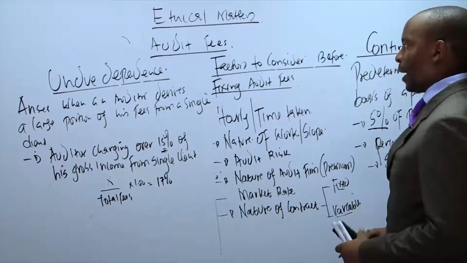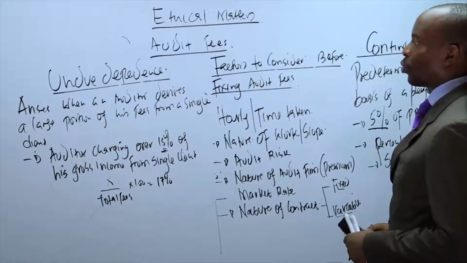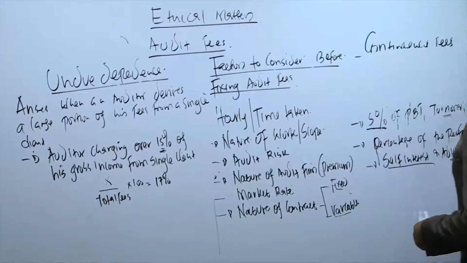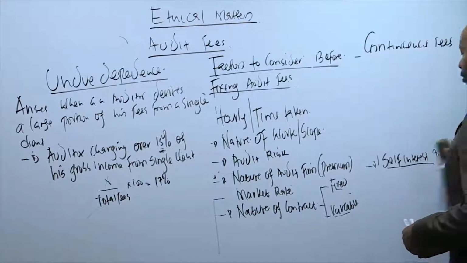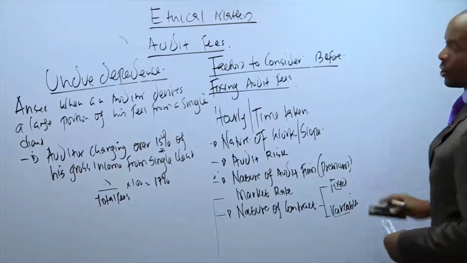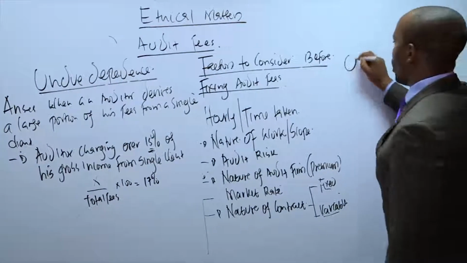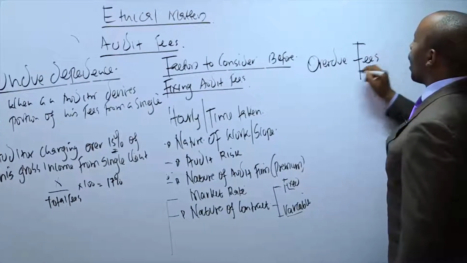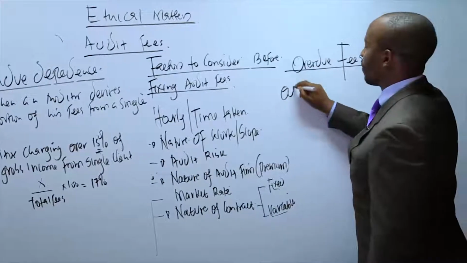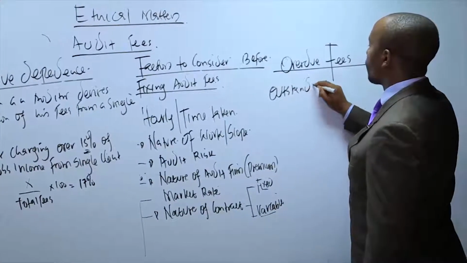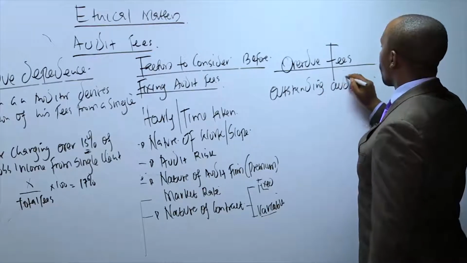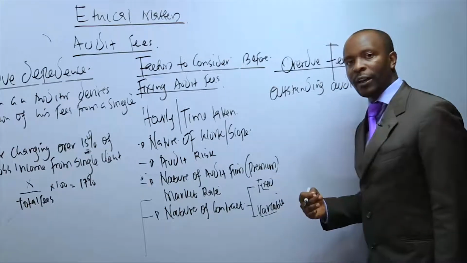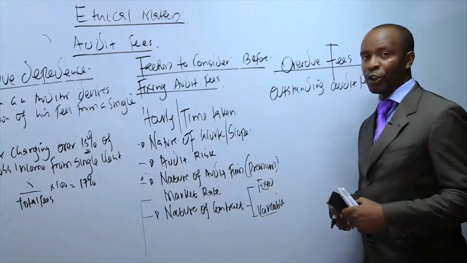Now, that is what we call undue dependence. That is what we refer to as factors to consider when fixing the audit fee. One more item, which I'm going to discuss very fast, is outstanding or overdue audit fees. Overdue audit fees is a fee that has not yet been paid to the auditor. We call it overdue fees, or outstanding audit fees. In most cases, whenever the fee is outstanding for an auditor, it creates a debtor-creditor relationship, which means